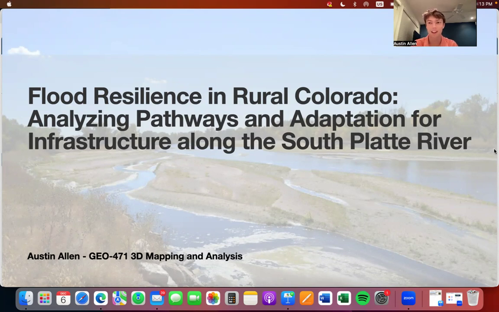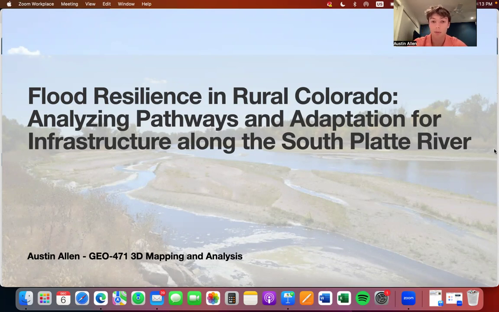Everyone, my name is Austin Allen, and this is my final project for Geo 471 3D mapping and analysis. So my project, Flood Resilience in Rural Colorado, Analyzing Pathways and Adaptation for Infrastructure Along the South Platte River, focuses